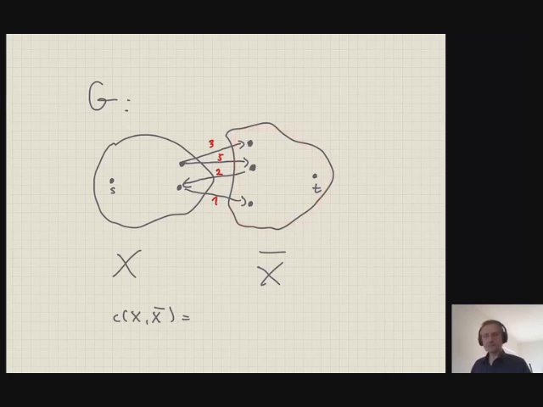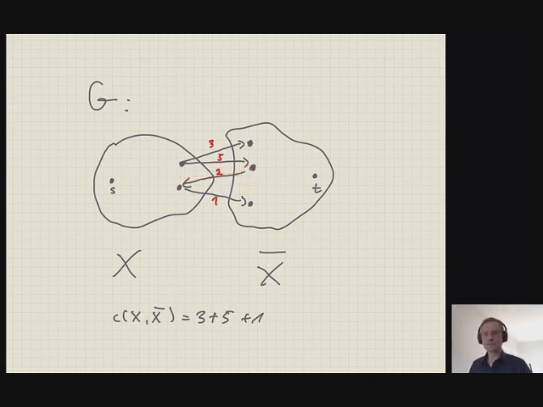All right. Now the capacity of that cut would just be the total sum of the capacities of the edges leaving X, so from X to X bar, and that would be actually these three edges, and the capacity of that cut would correspondingly be 3 plus 5 plus 1. Notice that there is also a backward edge here, so this doesn't count into the capacity of the cut, since we are interested in the maximum capacity or potential maximum capacity that could be transported from X to the complement